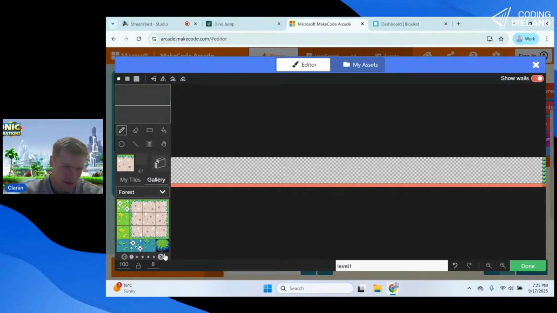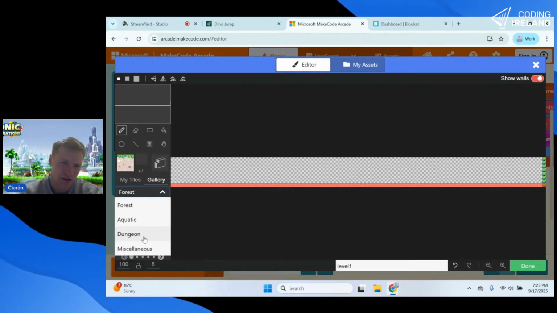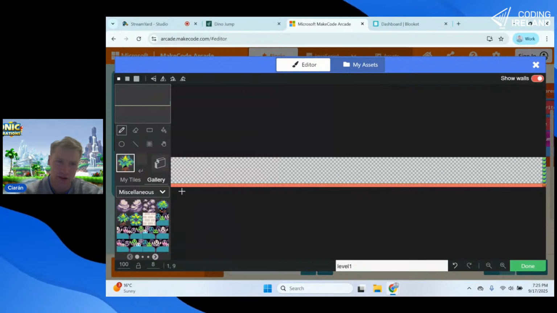You can try this out. You might need to do it a few times before you're happy with the locations. I'm going to find, do I like any of them trees? I don't know if I love any of them trees. I'm going to try Miscellaneous. Yeah, they have a better looking tree. And just spread them out